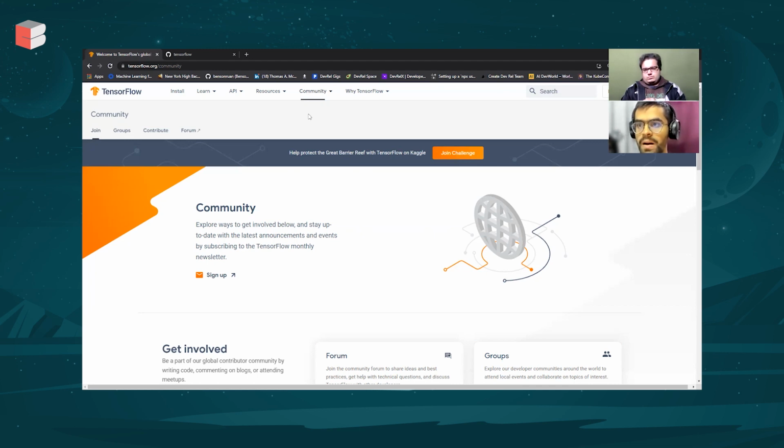That is the core part, and if you want to really go into that, then you will be required to learn about C++. If you look at some of these projects, there's a healthy balance being maintained. Even TensorFlow as an organization takes part in Google Summer of Code or similar open source programs. They maintain a healthy balance between contributing from the application side and from the core side. But the core side definitely has a good learning curve involved. So just having superficial knowledge will not be enough for you to contribute. That's one thing to keep in mind.